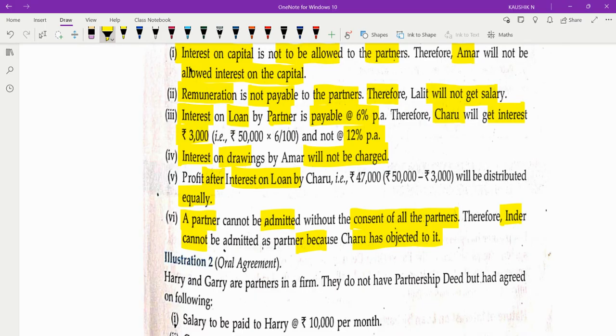Apart from that, it can come in 3 or 4 marks, which means 6 items they are providing to you. Each item will be for half mark. Then 6 into half will be 3 marks. Or they may add a few more to this and make it 8. So 8 points at half mark each will be 4 marks. So never dream of this type of problem in the 6 marks category. Please forget about it. It is only possible in 1 mark, 3 marks, and maximum 4 marks, not beyond that. Hope it is clear to you.